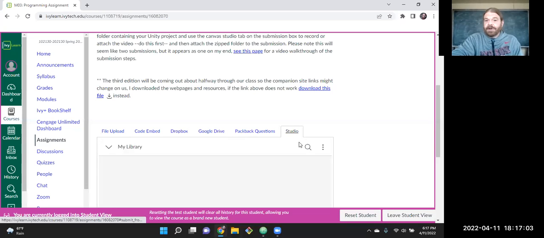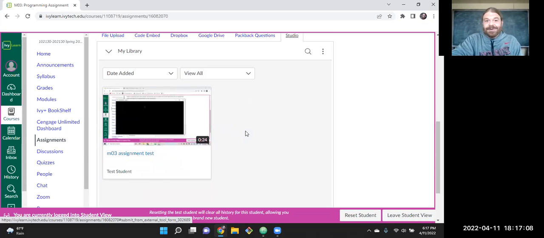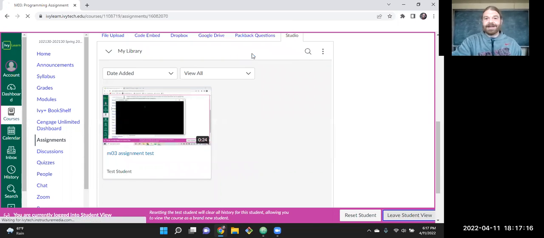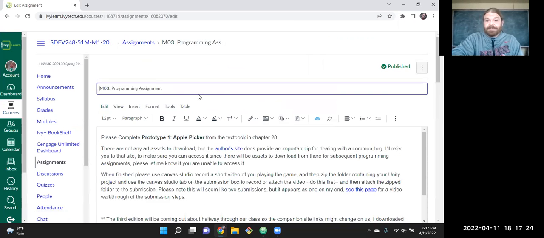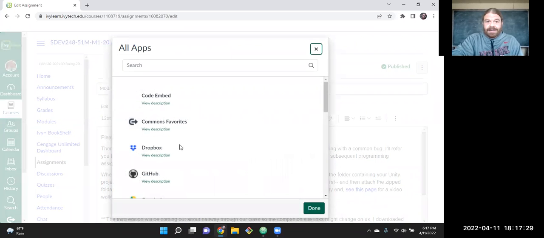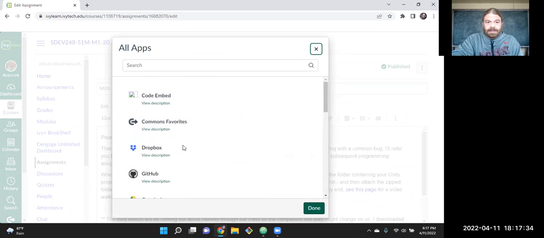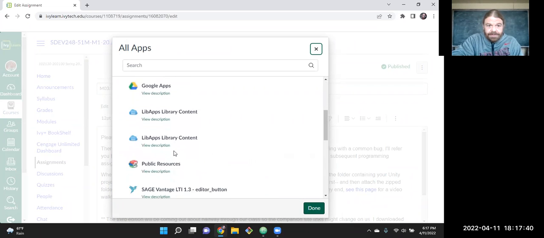And if you use the Canvas Studio, you can just upload it right from there, which I'm on the test student account, the test student user account, so I can't actually see the video I just made. But when you're on there, you will see it. So it's actually any place we have a rich text editor, we can put those videos in over in the plugin. We'll be able to see it here. One of these options should be for Studio.